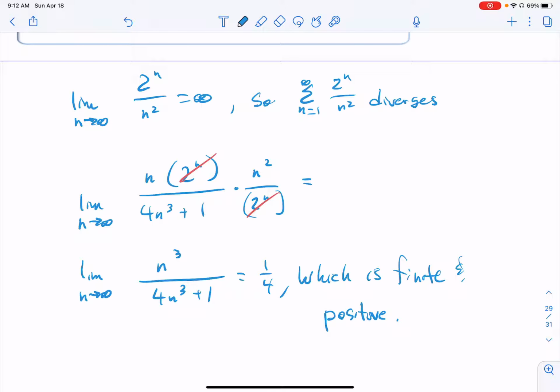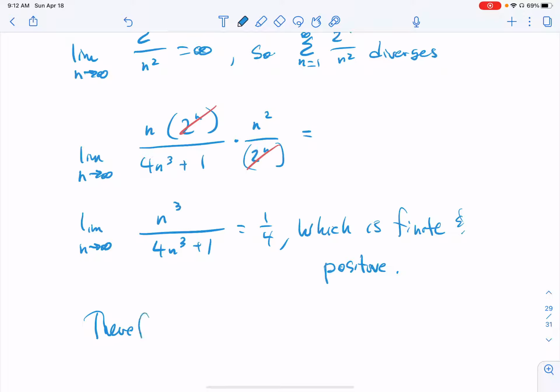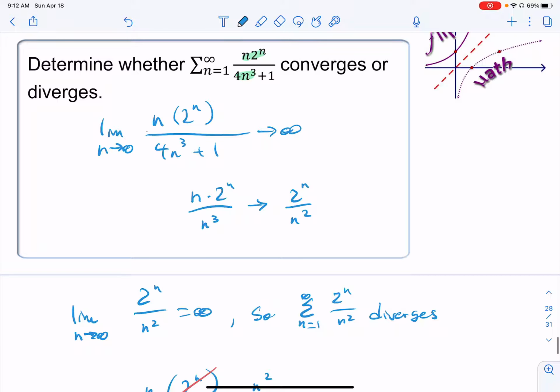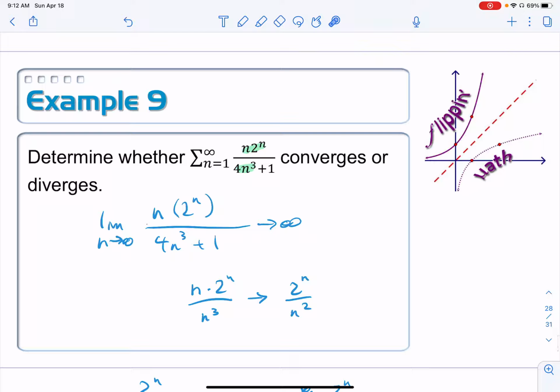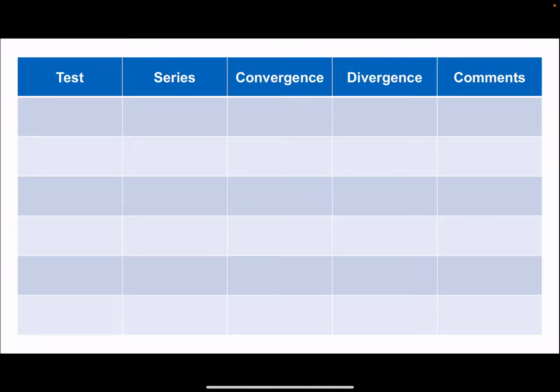So they do the same thing by the direct limit comparison test. So therefore, the sum of n times 2n over 4n cubed plus 1 diverges by the limit comparison test. Total overkill, honestly, because we could have stopped right there. If these terms right here are shooting off to infinity, there's no possible way that this series is going to converge. All right, so let's just wrap this up with a nice, neat summary of all the tests that we've